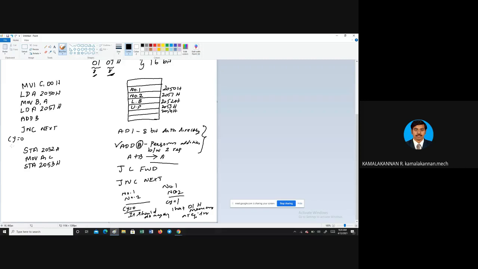If I have a carry, so what happens is I will increment the register C. What happens? அங்க வந்து carry இருக்கும்போது ஒரு number வந்து add ஆயிரும். After that, in the register, it will have some increment. அதுக்கப்புறம் என்ன ஆகும்? It will be stored in the 2052 and it will move A, C, then it will go to 2053. So this is how it will work.